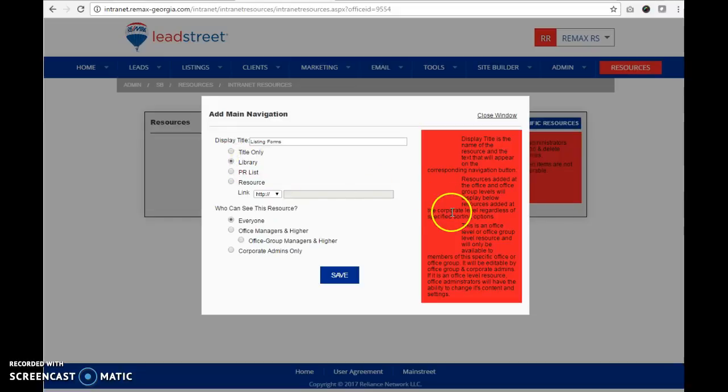And there are different types of buttons here. We can have a title only, a library, a PR list, a resource. A resource will go out to an actual link. So if you wanted to provide a link out to, say, the Georgia Real Estate Commission website so they can check their CE, you can do that. It's just a button, and they click on it and it takes them straight over to the link. So I'm going to click